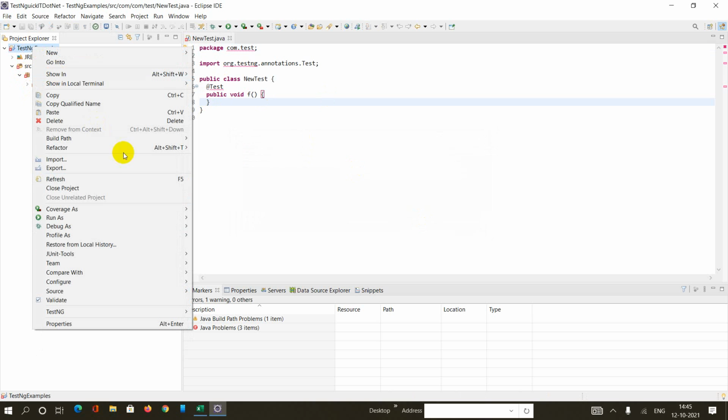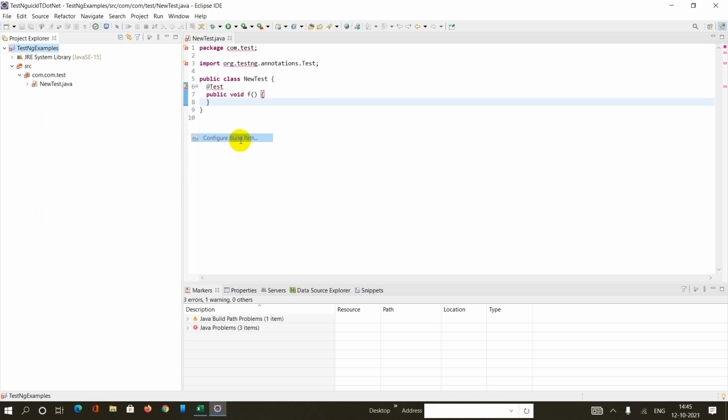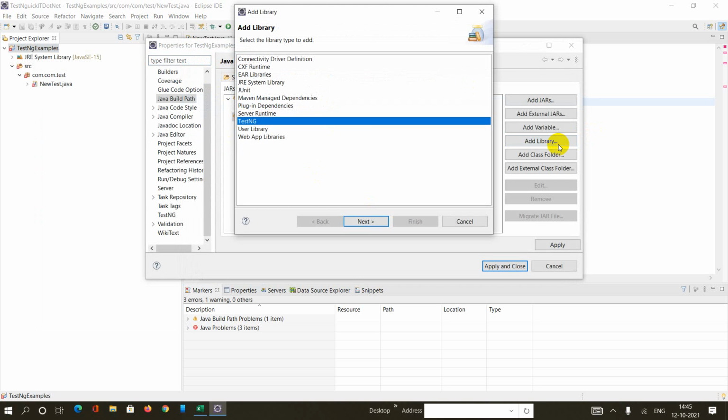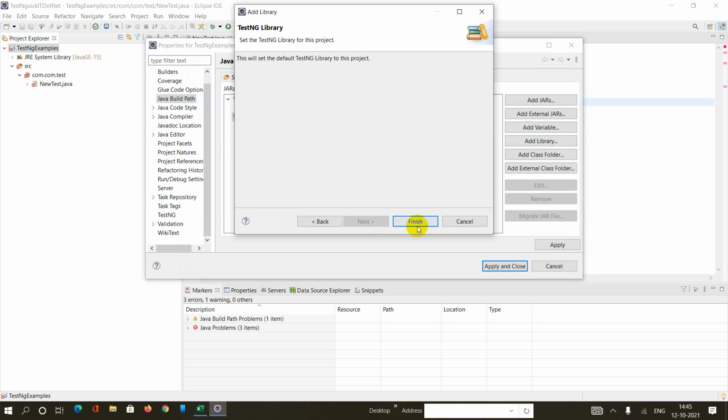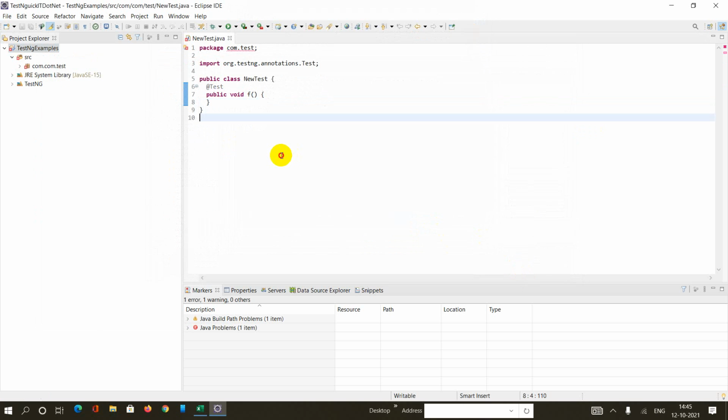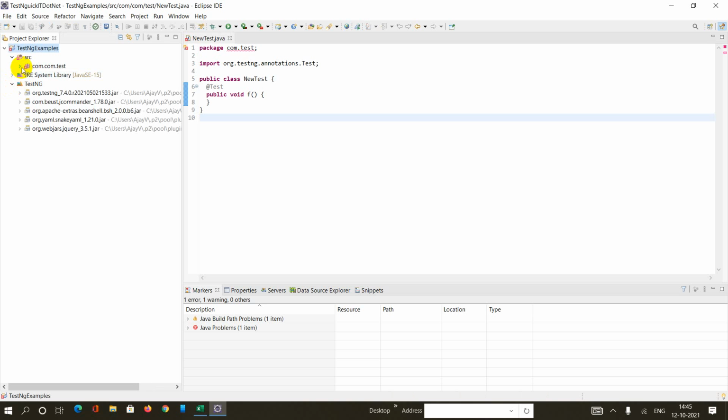Right click on the project, go to Build Path, click on Configure Build Path, click on Libraries, click on Classpath, click on the Add Library button and choose TestNG, click on Next, click on Finish, and then click Apply and Close. So you can see the TestNG library is integrated with this project.